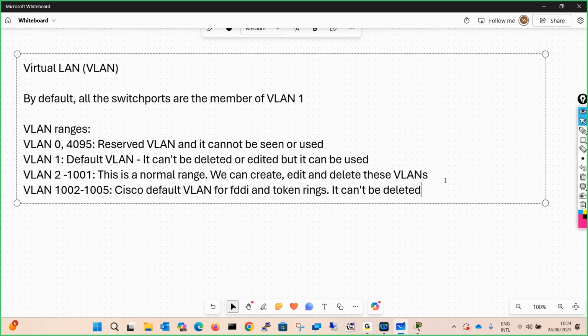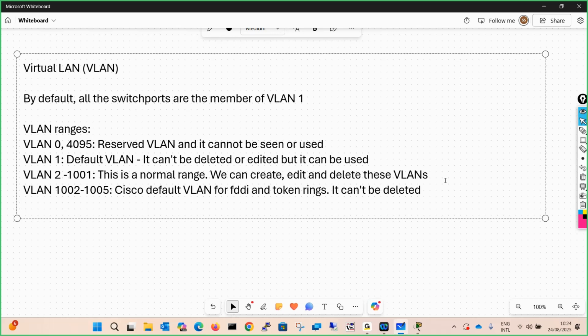And finally, the last VLANs which we have are VLAN 1006 to 4094. This is called the extended range of VLAN. Now, what is the extended range of VLAN? We will understand it next week when we have a lecture on SVIs and all.